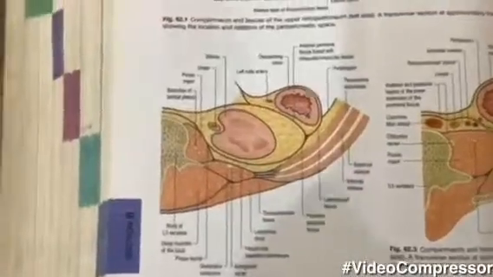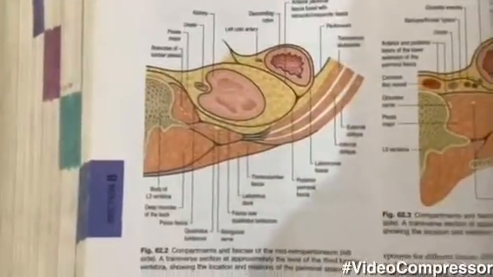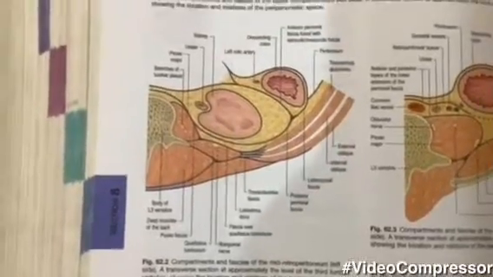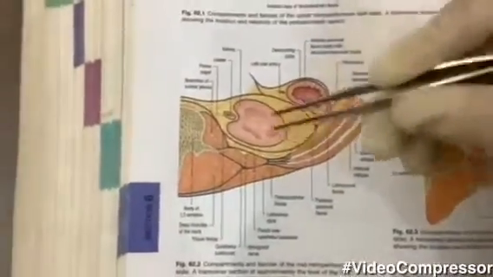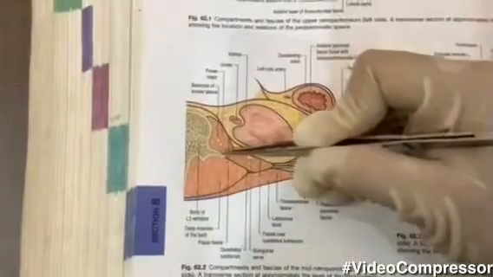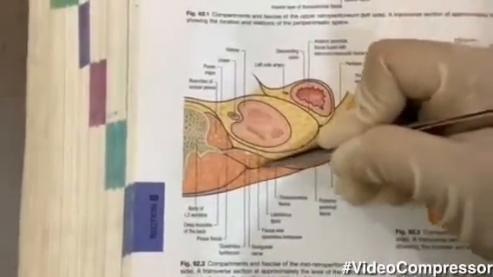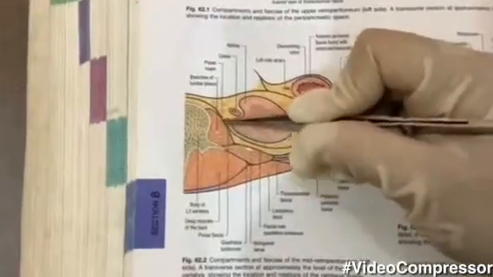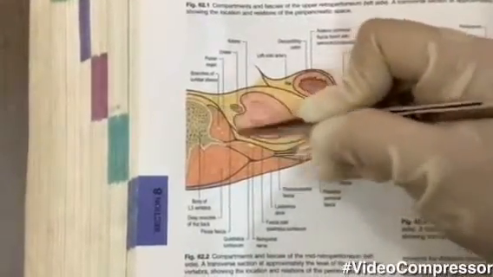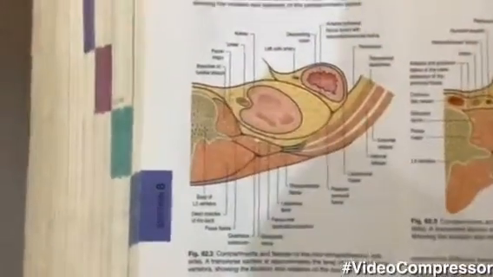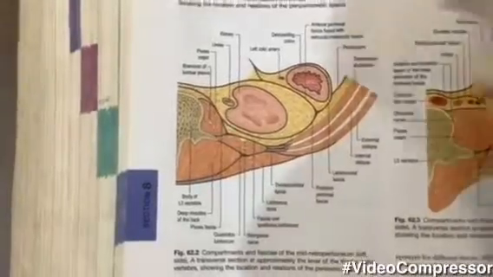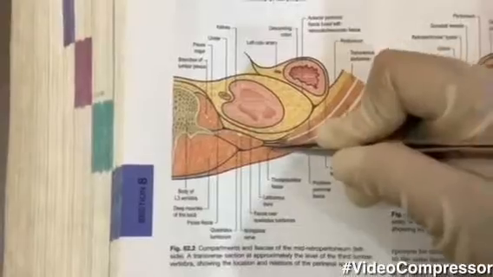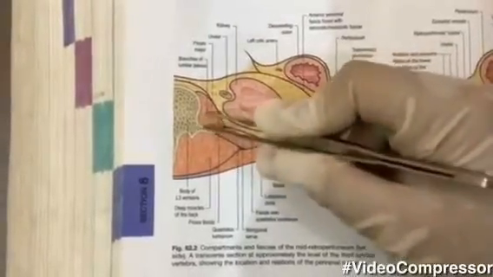There are obviously multiple parts of the erector spinae muscle which are joined to multiple parts of the vertebra, which we will see later. But I want you to right now observe this black line. This black line actually represents thoracolumbar fascia. This thoracolumbar fascia is a very important topic, and it is divided into various laminae depending upon the layers as they arrive and split to enclose various muscles.